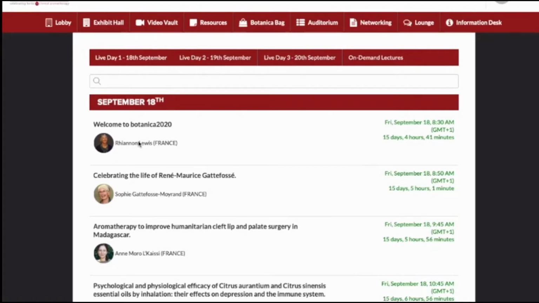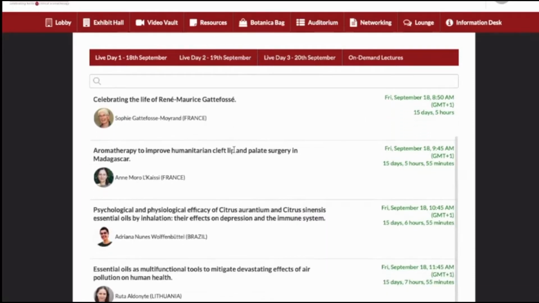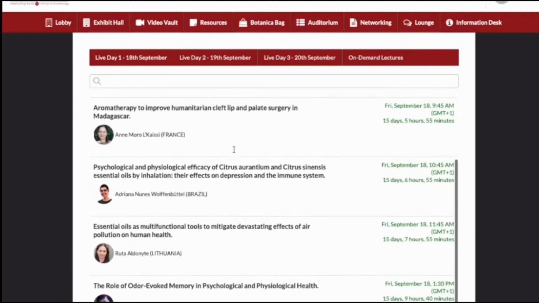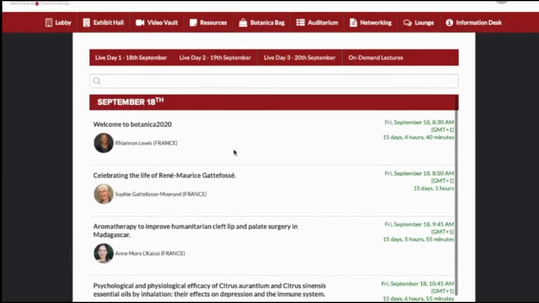And as you will see, the conference runs over 3 days. So there's the live conference program for day 1, the live program for day 2, the live program for day 3, along with all the different times and the subjects and the speakers that are in the live program. Not only do you have access to the live events and know at what time they will be streamed, you also have